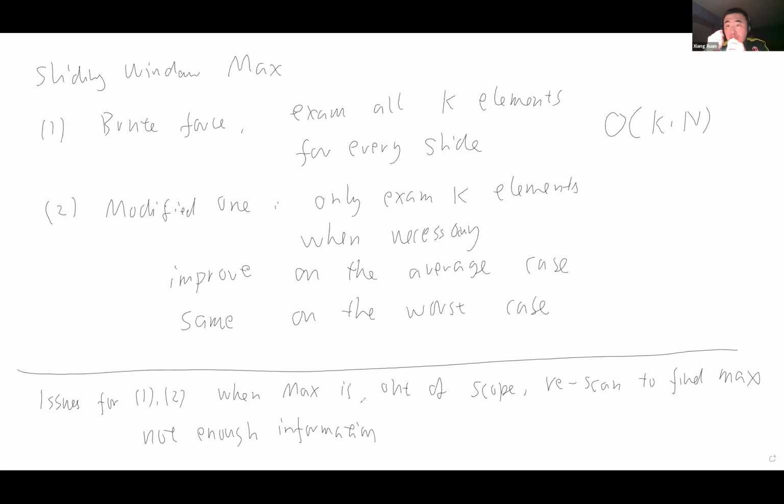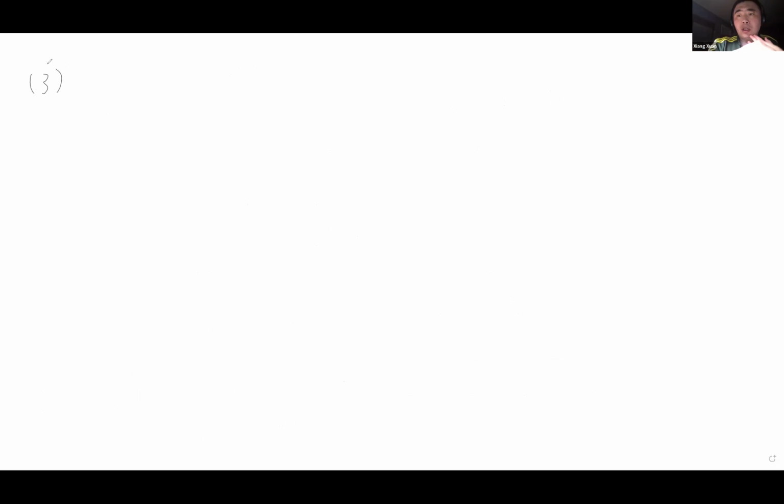That's just the reason: if this max is out, then you basically have a blank, right? That's the reason you have to rescan to get the next max, right? Okay, so then the third one, we basically say we keep the full order. Keep the full order. So we basically say, okay, if there are no duplicates,